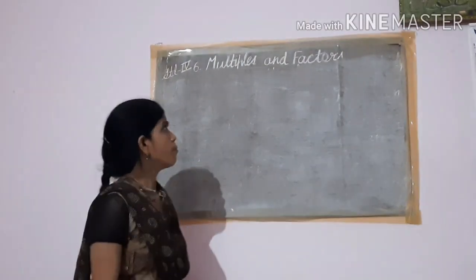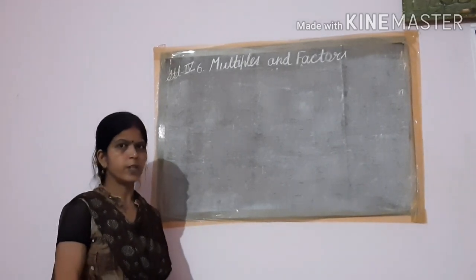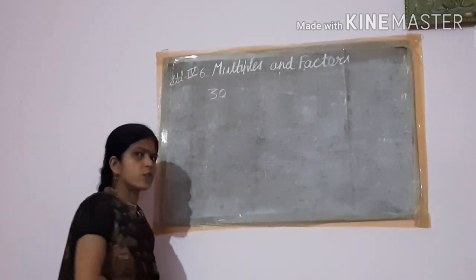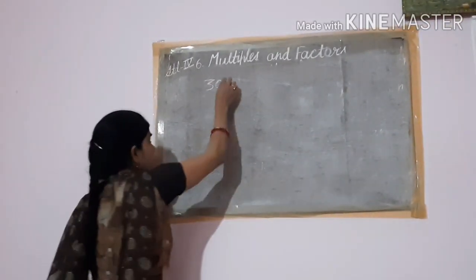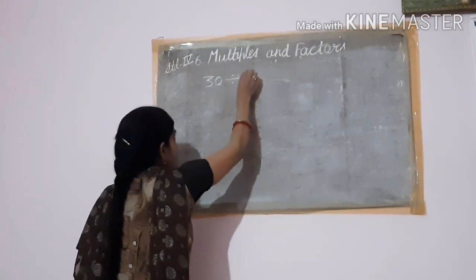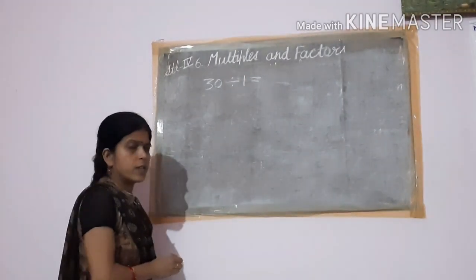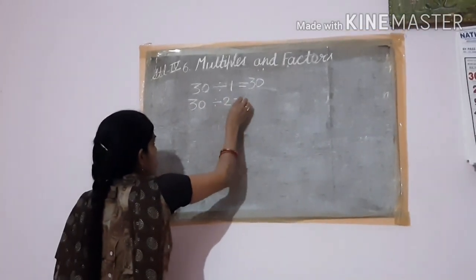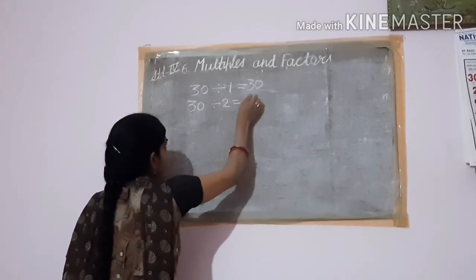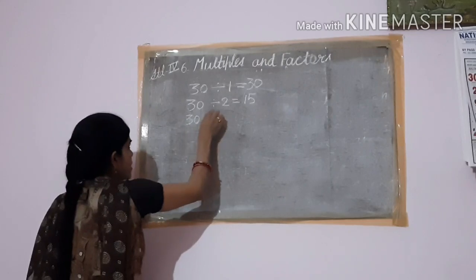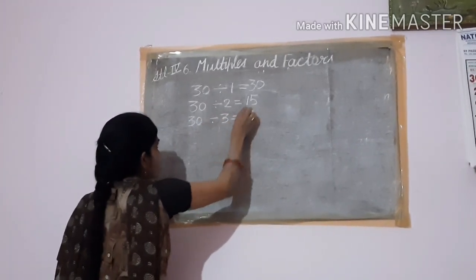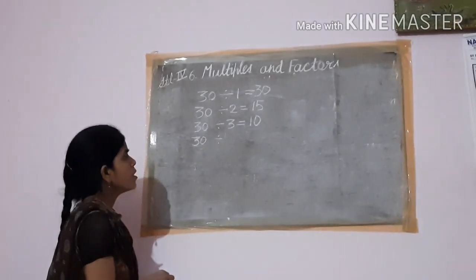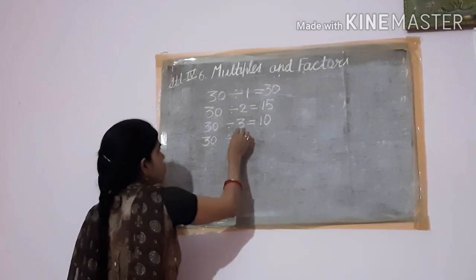I will show you by finding the factors of one more number to clear your concept. I am taking the number 30. You have to find all the factors of 30 by the division method. So start. 30 divided by, taking first the divisor 1. So here 30. Then divide it by 2. So 2 15s are, or 15 2s are 30. Then take the number 3. Yes, 3 tens are 30. 4, no need to take 4. Why? Because 4 sevens are 28 and 4 eights are 32. 30 is not coming. So here we will take 5.